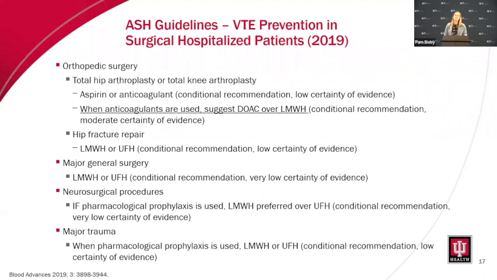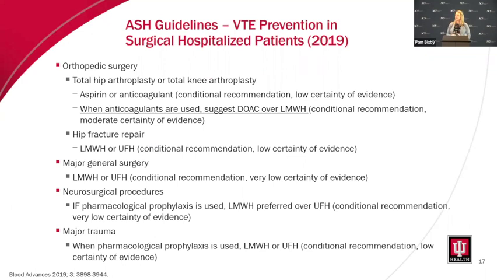So I did want to include guidelines that do mention DOACs, because we've talked a lot about guidelines today, and not all of the guidelines include DOACs because there hasn't been a lot of data. In fact, the CHEST guidelines published in 2012 recommended against the use of DOACs in surgical patients admitted to the hospital. The ASH guidelines do mention DOACs under the section of orthopedic surgery, and so in the section talking about